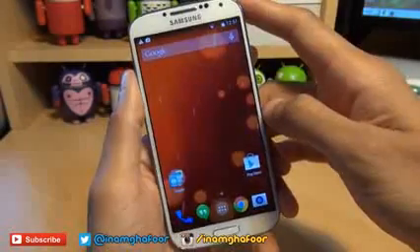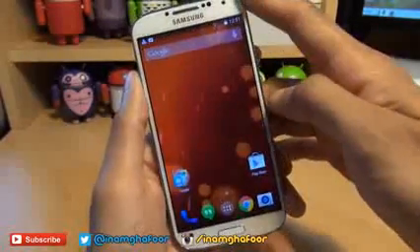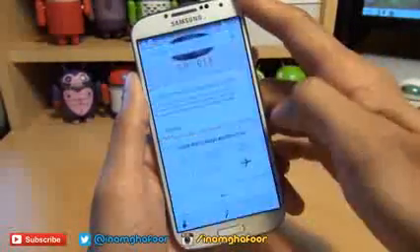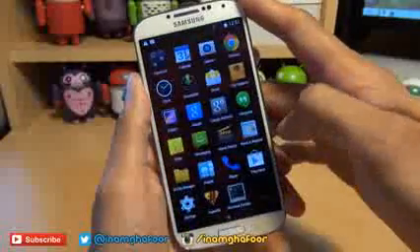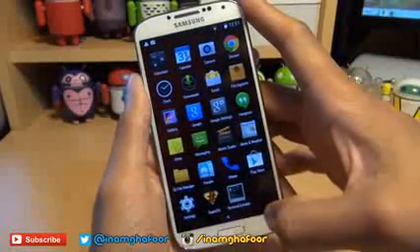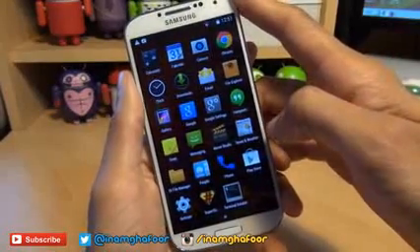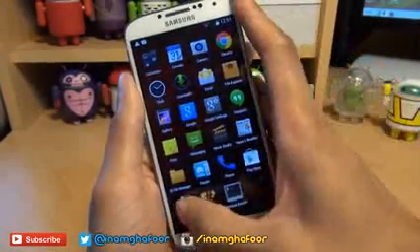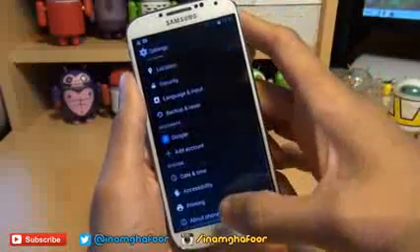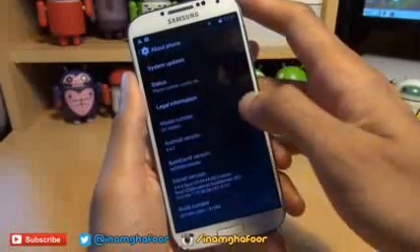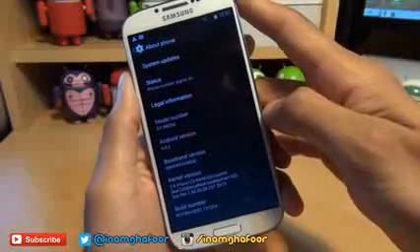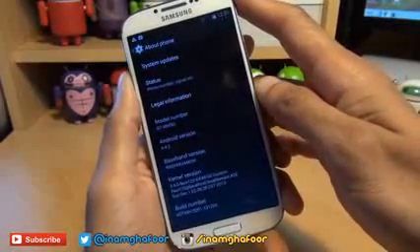There we go, loaded up into the interface here, and you can see it's already started to do some updates via the Wi-Fi, and look how clean that looks. KitKat 4.4.2. You can see the Super SU app already installed because this ROM is pre-rooted and comes with BusyBox already installed. So if you head over into settings and have a look at about device, you can see there we go, Android version 4.4.2, and the model number has been the